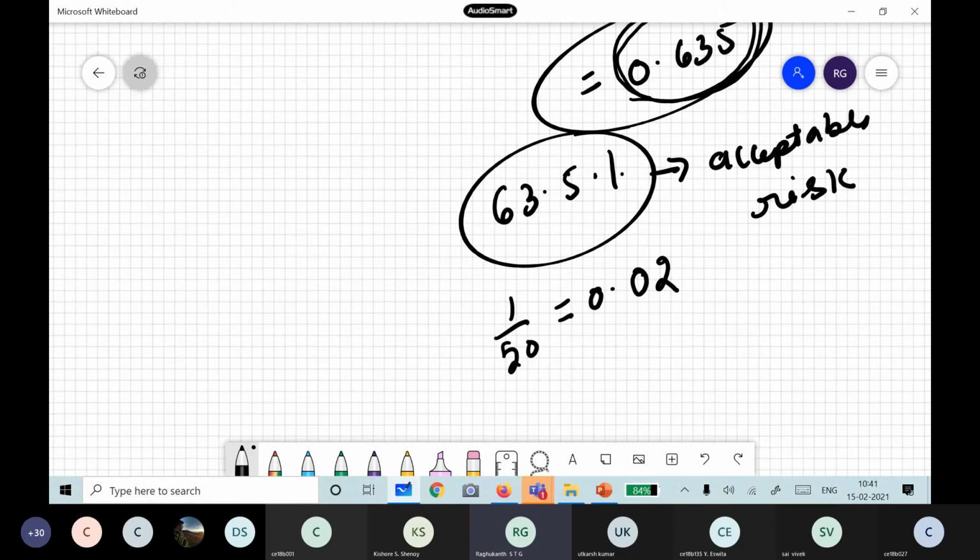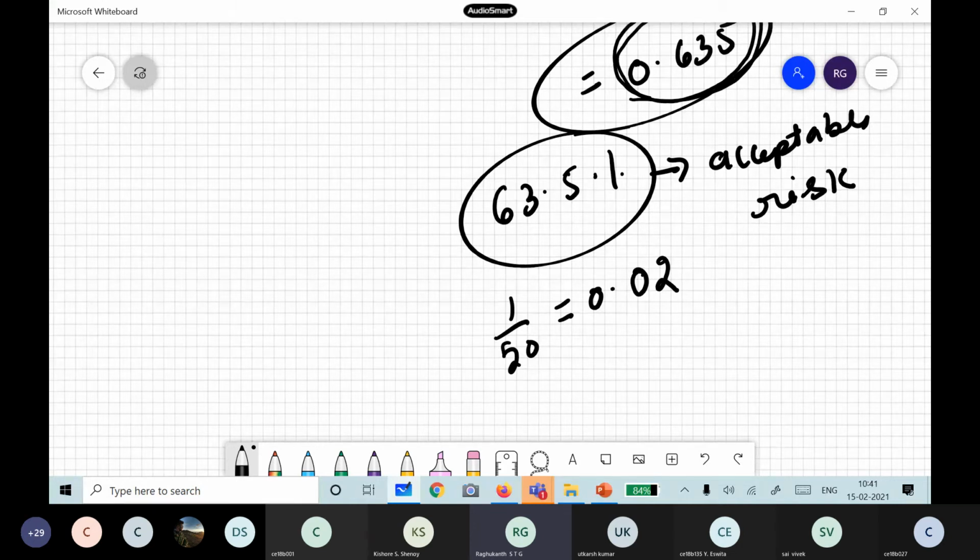So our wind code clearly specifies how much risk you are taking if you follow the code, if the building life is 50 years. 63.5%. Is it high or low? A 63% probability means there is a 63% chance that 55 meter per second will be exceeded in 50 years. It is high, but what happens if you want to decrease it? Then the design becomes uneconomical. So based on all kinds of things, they have fixed it.